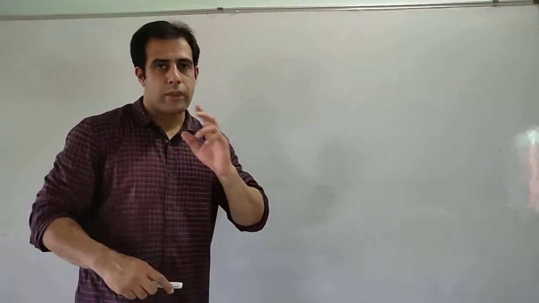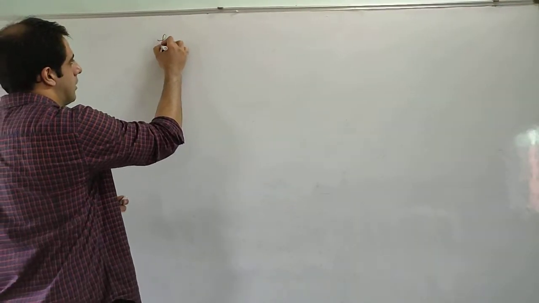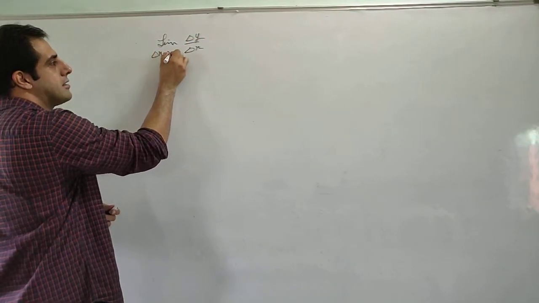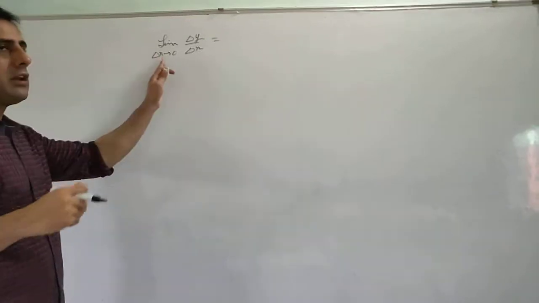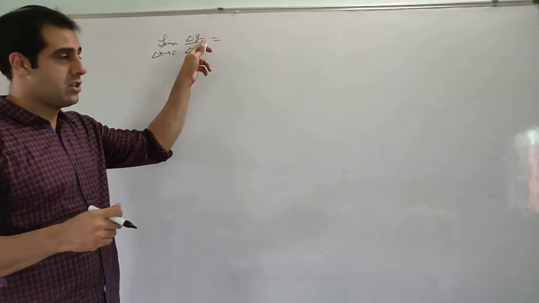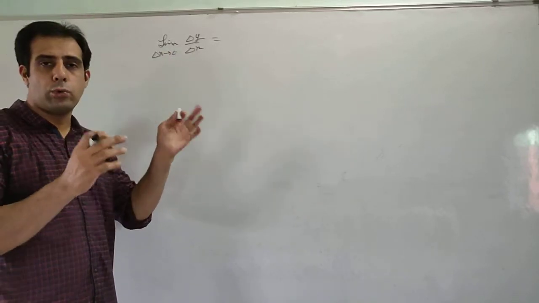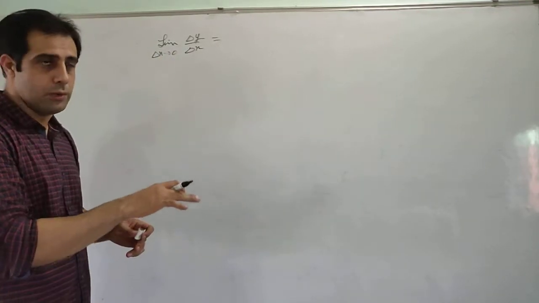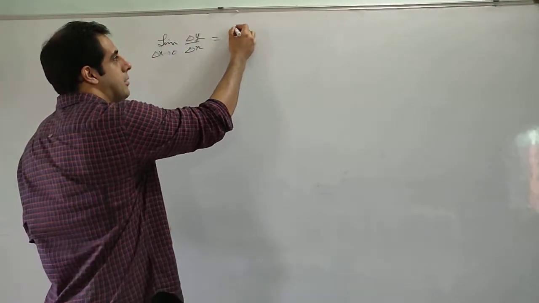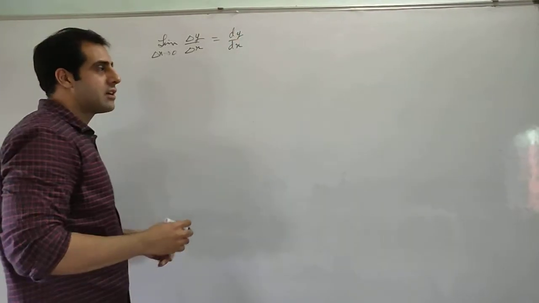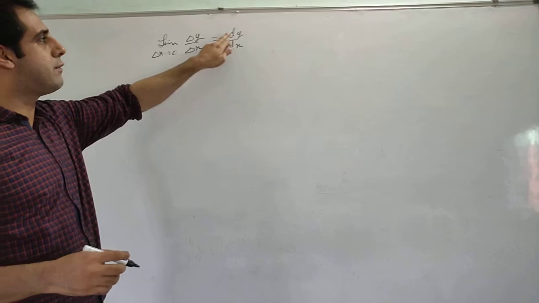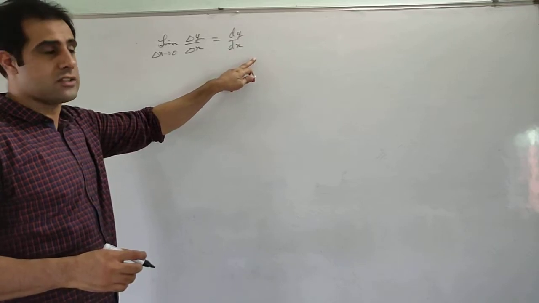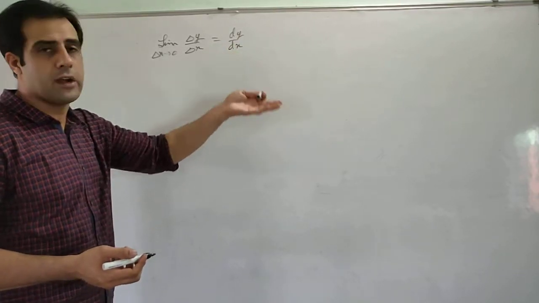So in the last video, we studied limits, and we studied the limit of delta y by delta x when delta x is tending towards 0. This is the value that we get when we are changing y with respect to x, and we are bringing the 2 points very close together such that the difference between the 2 points is almost equal to 0. This expression can be written as dy by dx. So this dy by dx means differentiation of y with respect to x, or change in y with respect to change in x, or rate of change of y with respect to x.